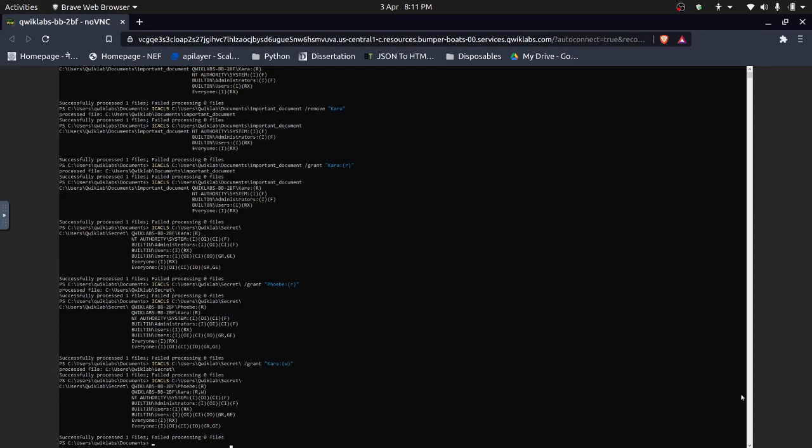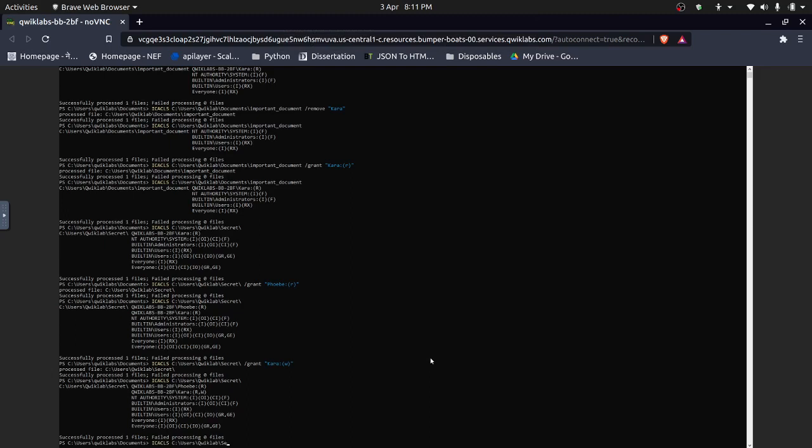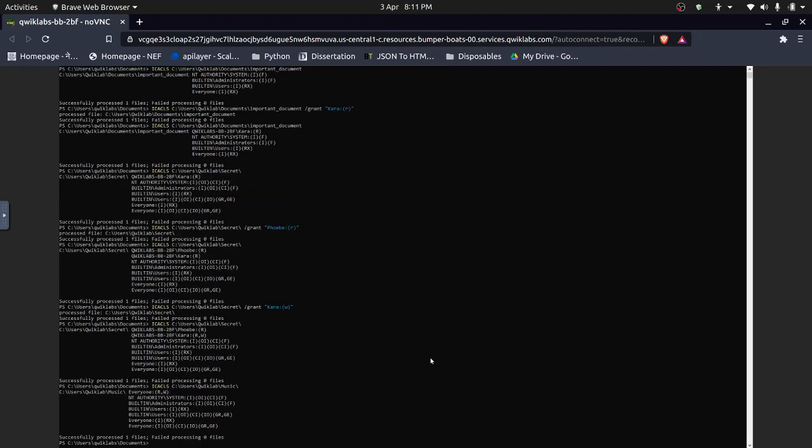So for this, let's just have a look at the permissions right now. There is a music folder, right? Music. Let's see what the permissions are. So everyone has read and write permission. We need to tweak that, we need to change that. So let's just remove it first of all. Remove everyone, and then after that,